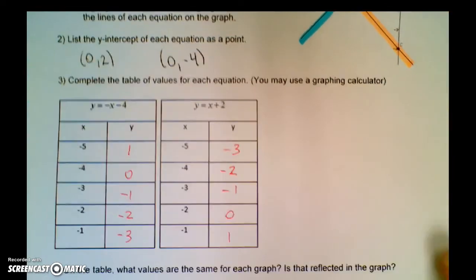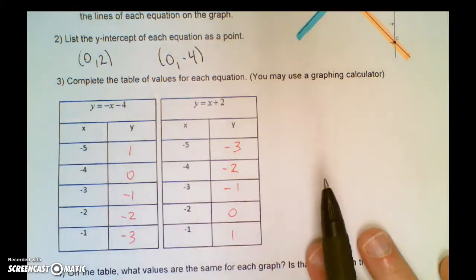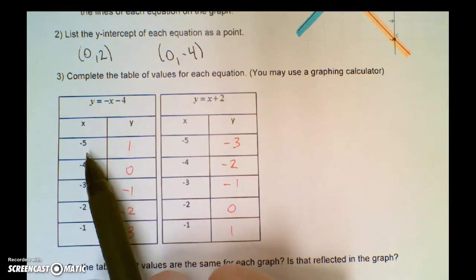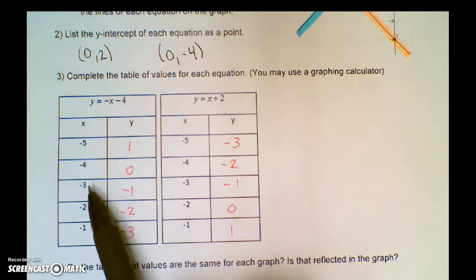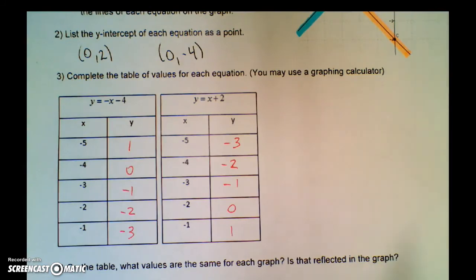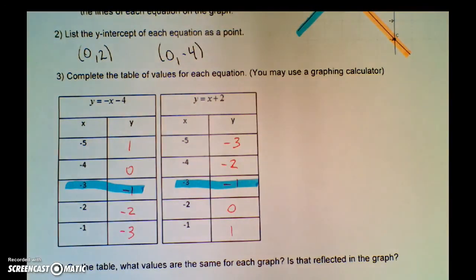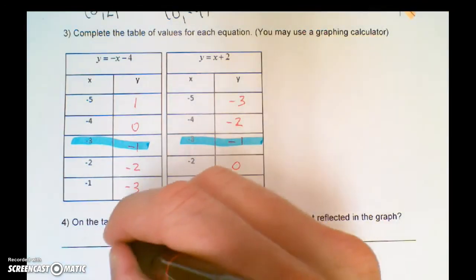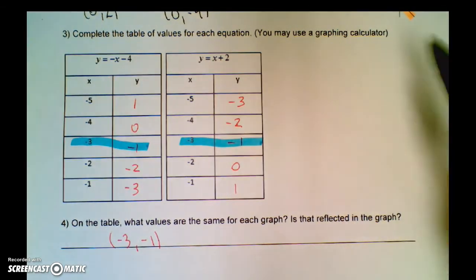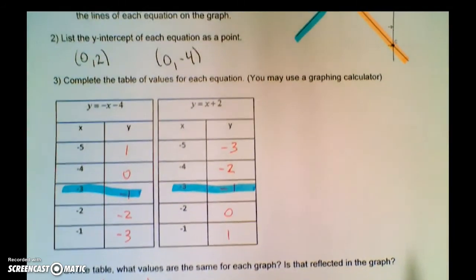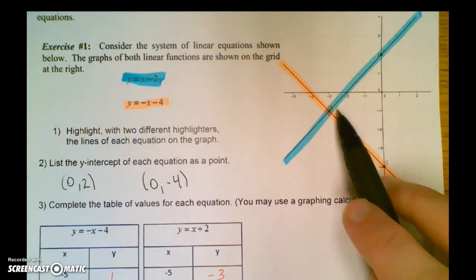So looking at your tables, is there a spot that has two coordinates that are the same in each table? So looking at it, at negative 5 I get 1, here not the same. These two are not the same. But if you look at negative 3 at negative 1, there is a common point. So for my solution here, the value that's the same is negative 3, negative 1. And if you look back at the graph, that's where the two lines were intersecting. So if we slide back up here to the graph, for the two equations, they were intersecting at that coordinate,